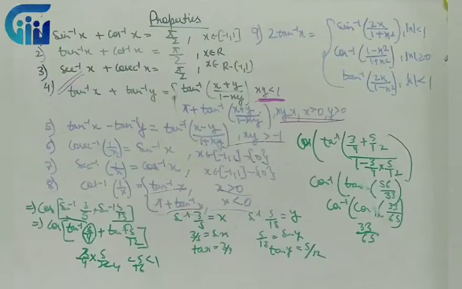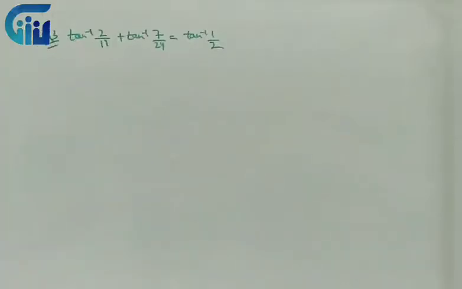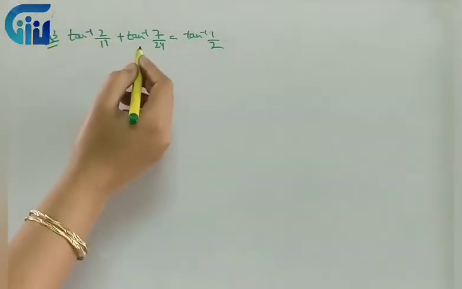So all those questions which are based on this particular thing, we will be doing it on these particular lines. Next question, this is question number 3 of exercise 2.2 NCERT. Now based on the same formulas and the concept that I told you right now, we will do this particular question. So what do we observe? All the terms of tan are there. So I'll apply the formula of tan inverse x plus tan inverse y.